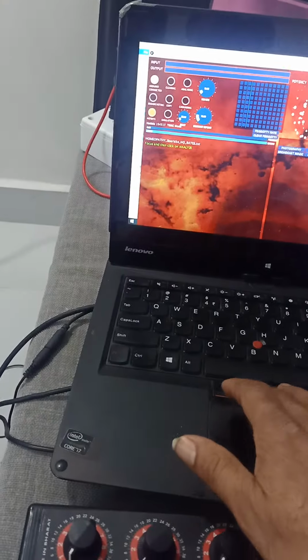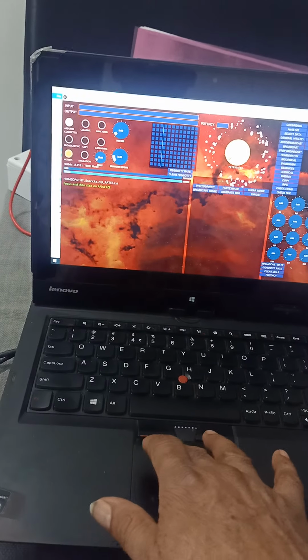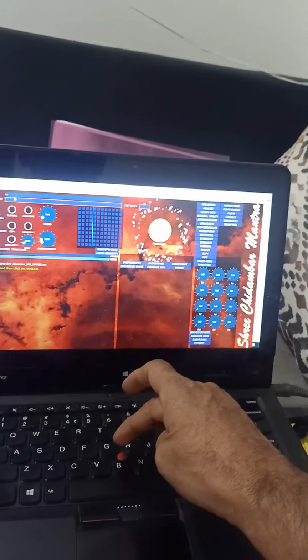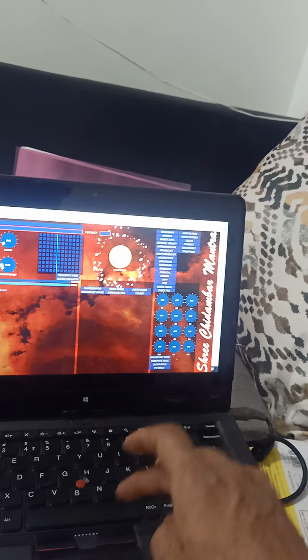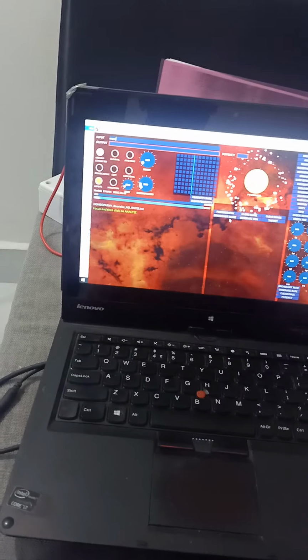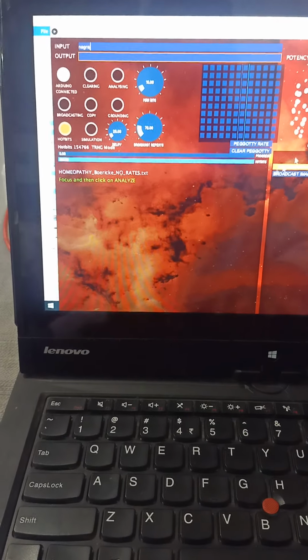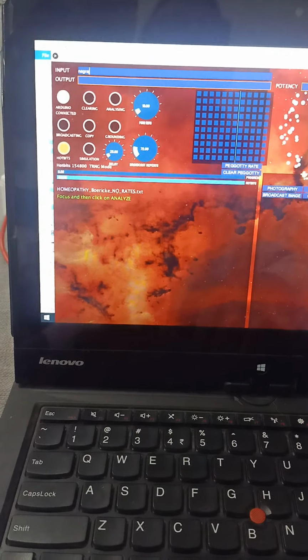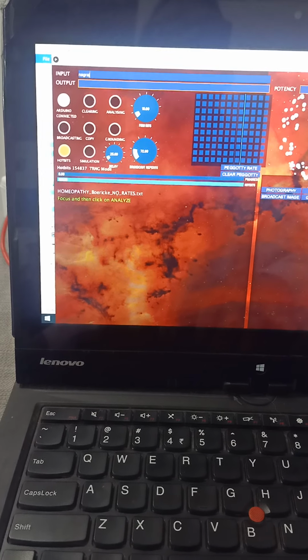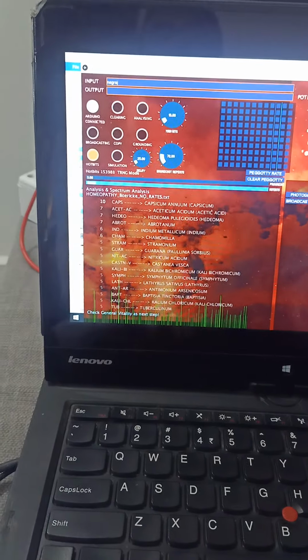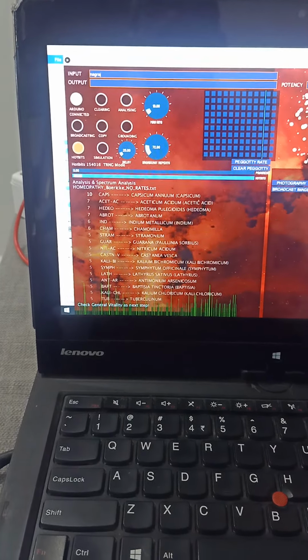Again, let me type any random name. I already selected the Boericke Materia Medica, and after focusing, let me press analyze. When you press analyze, you'll find a lot of medicines come one after the other.